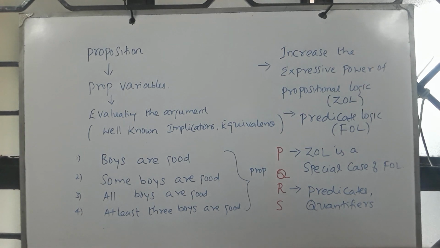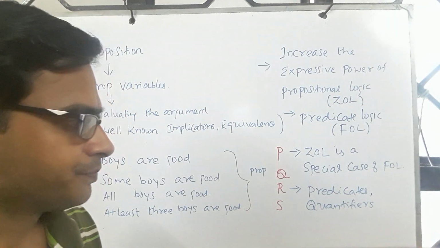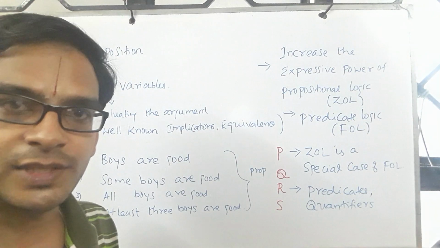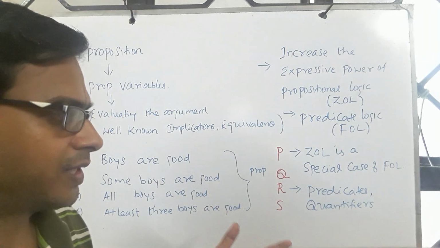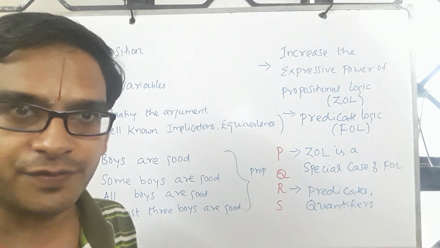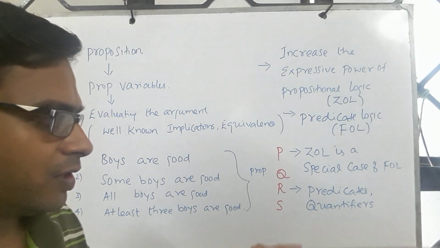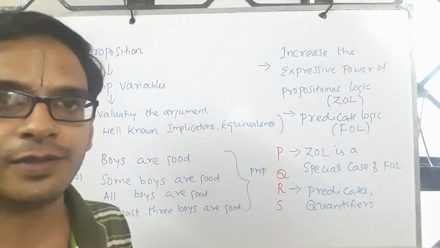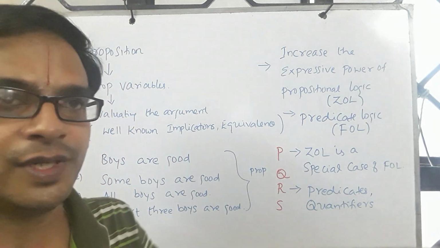So this way, given a context, you express them using propositions and predicates. Just like the way we talked about the truth value of an argument in the context of propositional logic, we will talk about a similar thing in the context of predicate logic as well, which we shall discuss now in detail.